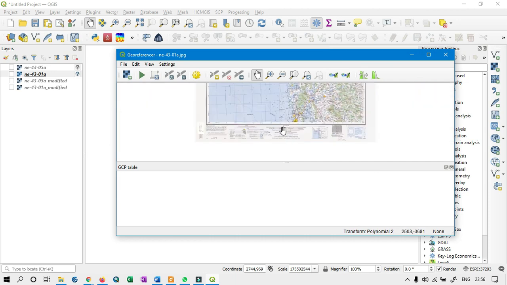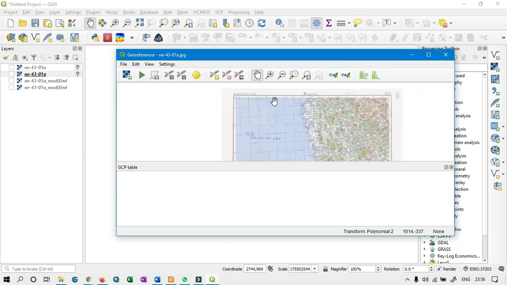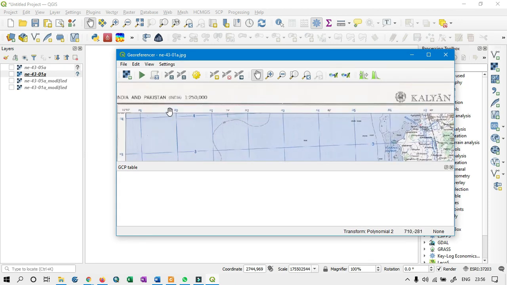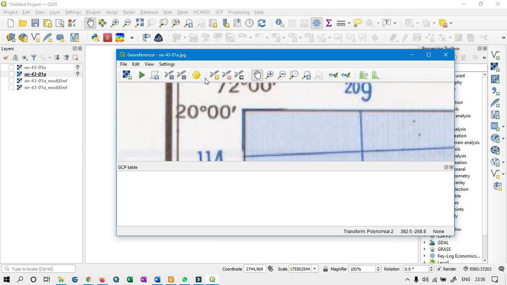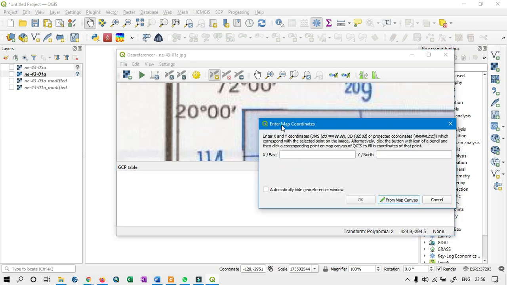Now after choosing the proper transformation setting, you have to add some ground control points. For that you have to click this button, and in the lower left corner of this window you will find the add point button. Just left click and one pop-up window will appear.